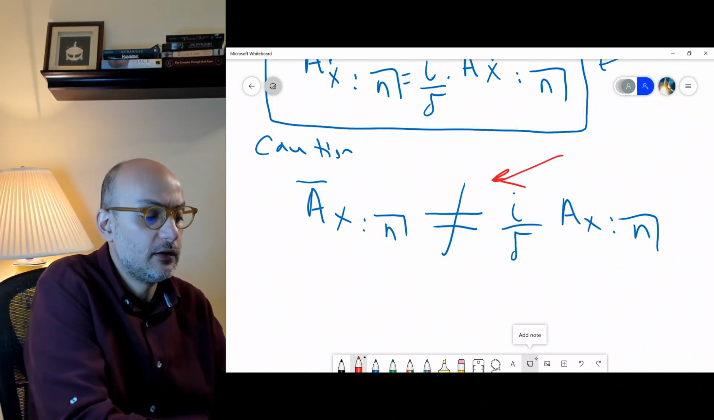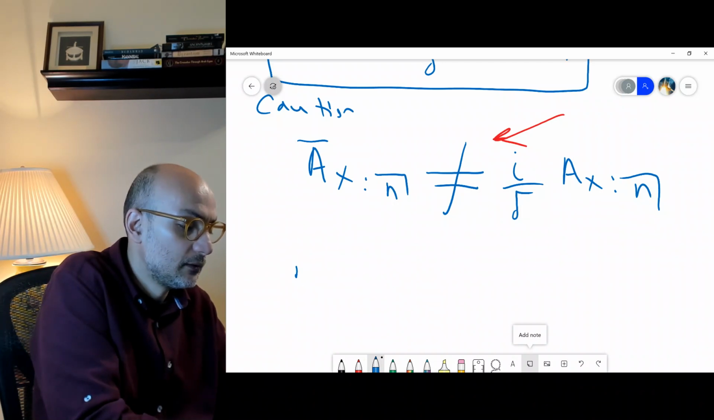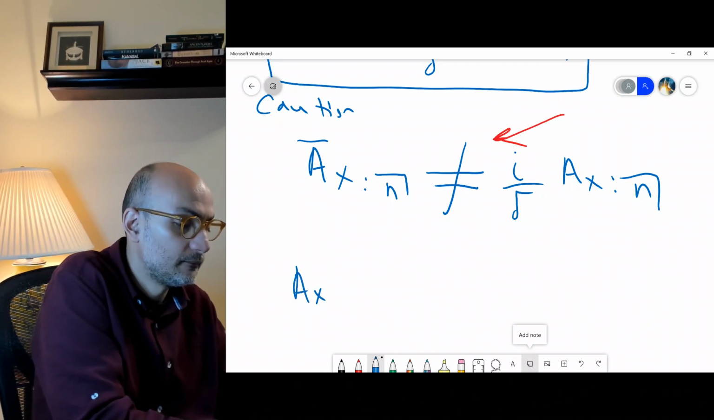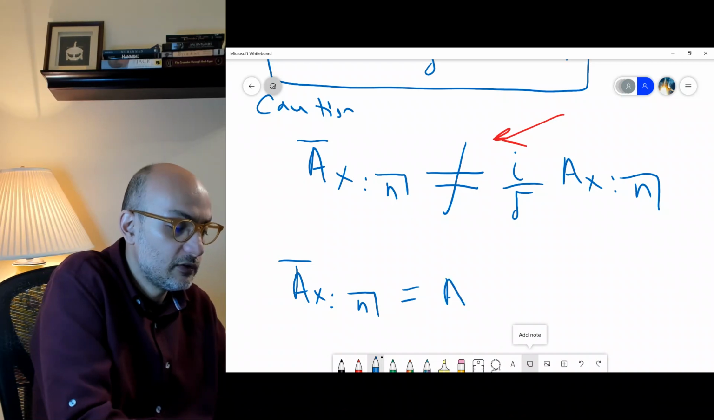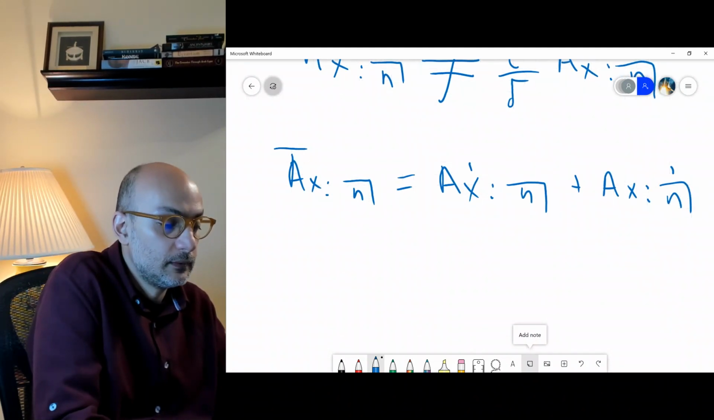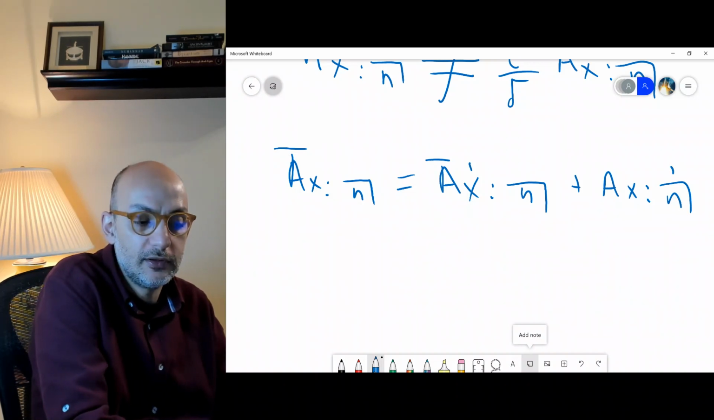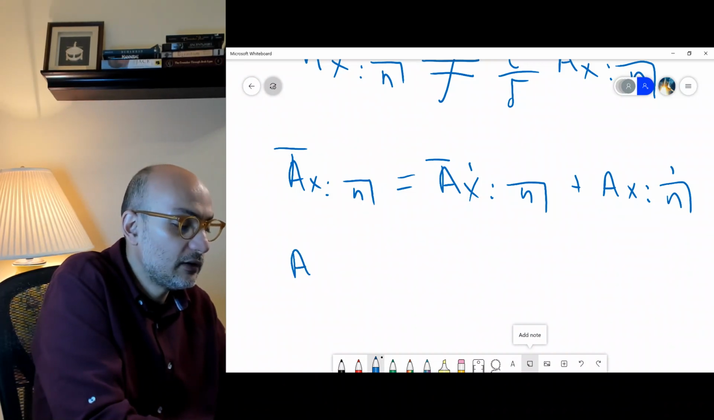But how can we calculate this one then? How we calculate it, we go back to A_x:n. But how to calculate A_x:n? If you want to calculate this one, then we write it first, A_x:n with 1 plus A_x:n with 1. And remember, there is no bar here because this one is discrete. This one is already discrete. Now, A_x under